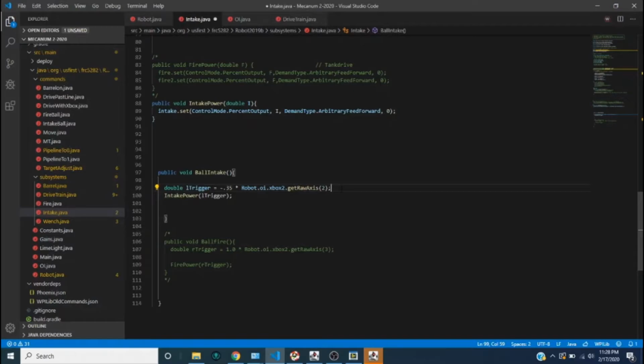So the way the driver station organizes it once again, the second axis on your Xbox controller is the trigger, compared to the first axis on your Xbox controller being the joystick. So we're telling it to get the second axis of the Xbox controller, and then we're going to tell it afterwards